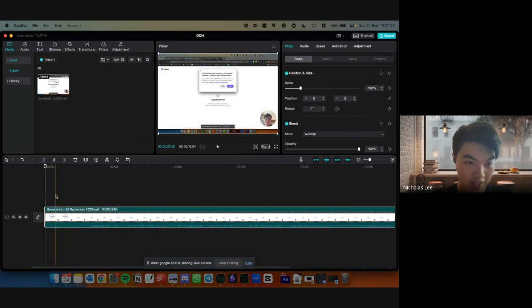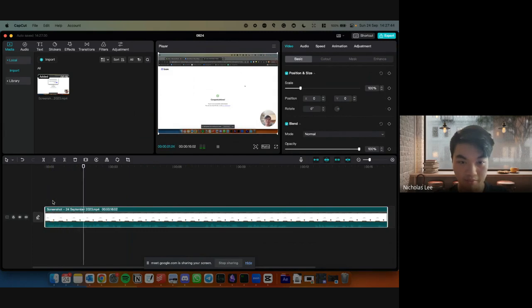You can see my cursor change into a trim tool. Click it and drag it all the way until before the audio starts. As you can see, Capcut automatically removes the empty part at the start and brings everything to the start. Now if we play the video,